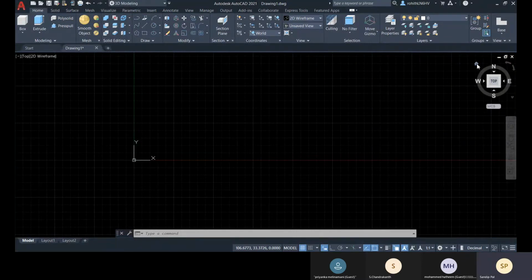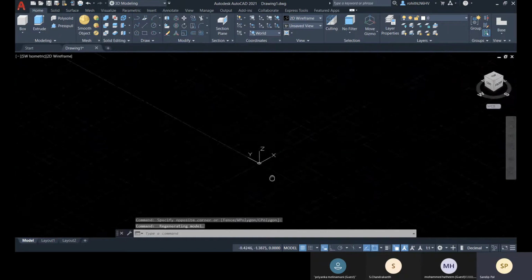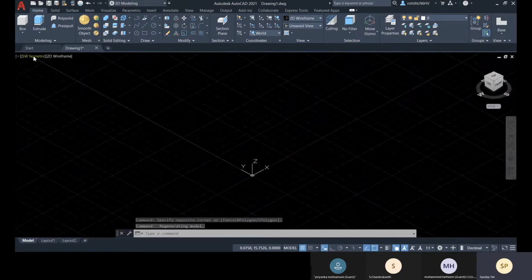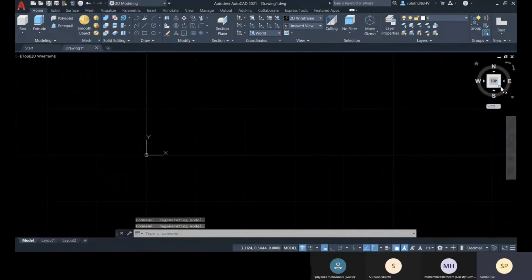You can change your 3D view from this home button as well. If you click on this home button, you get SW isometric, which is set as the home view. Or else, if you are currently in this view, you can click on any top corner of this view cube. Is that clear?